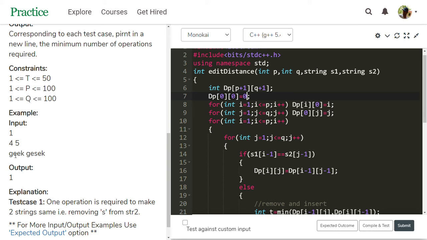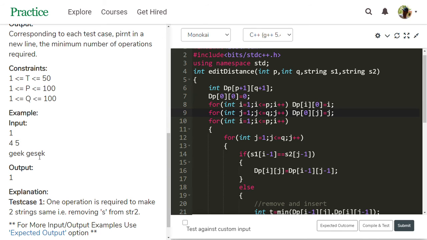Then I increment, e removed, so the value becomes 2 because the cost is 2. Then e removed, that is 3. k removed, that is 4. This is the cost of removal of str1. Take this one. This for loop is completed.